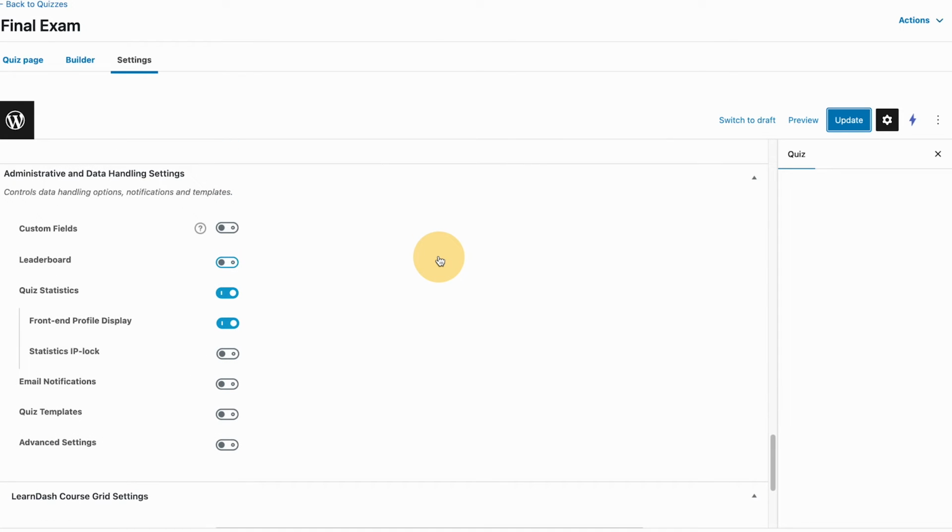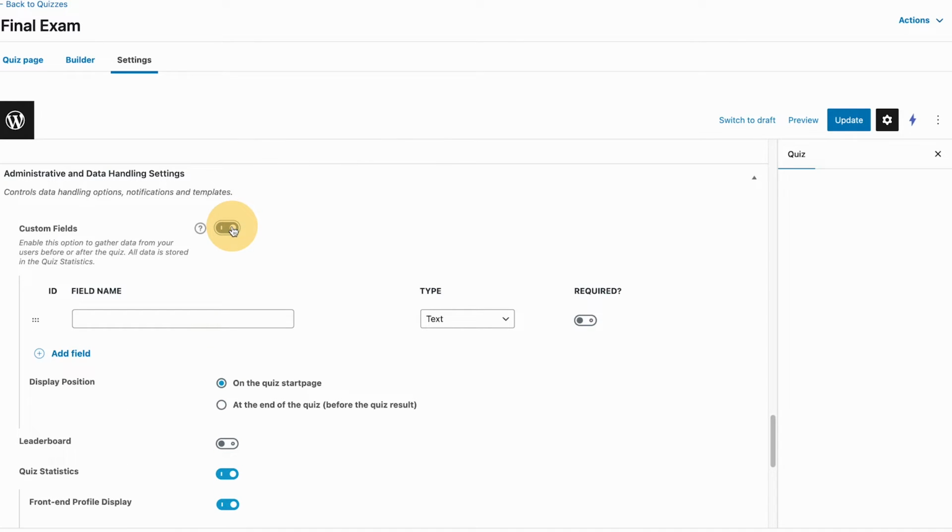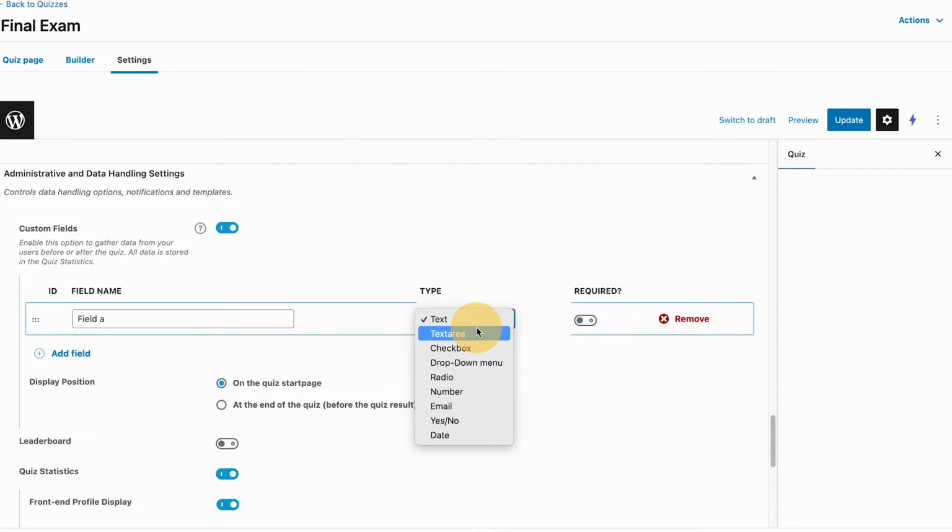So last but not least is the administrative and data handling settings. So this one, they have a custom field. It says, enable this option to gather data from your users before and after the quiz. All data is stored in the quiz statistics. So if I add this, it says field name. So maybe field 1. I haven't used this one yet, but we're going to try. So field A, and then